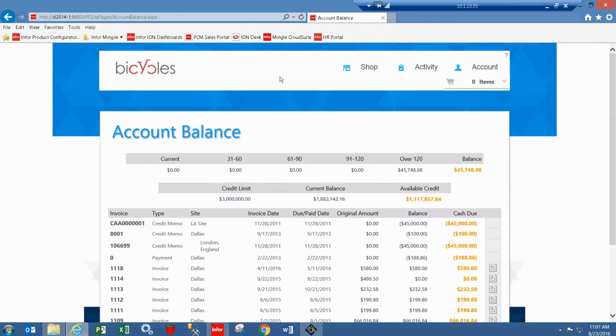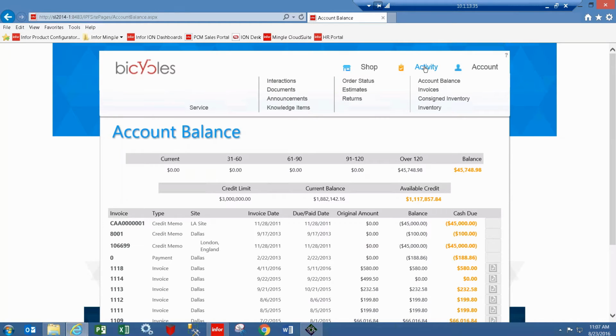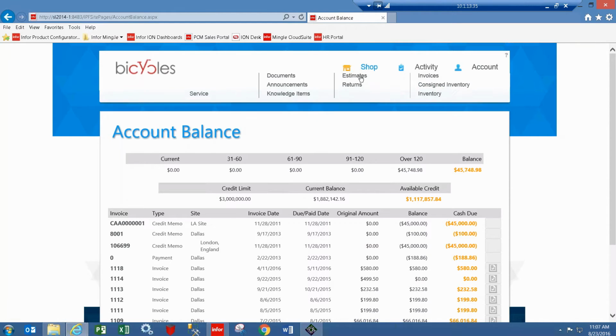And what you're looking at here is one of the screens in the customer portal. I'm going to hit that little drop down there where it says activity. Okay, and notice all of these activities are the things I identified a few minutes ago. So, for example, if I hit